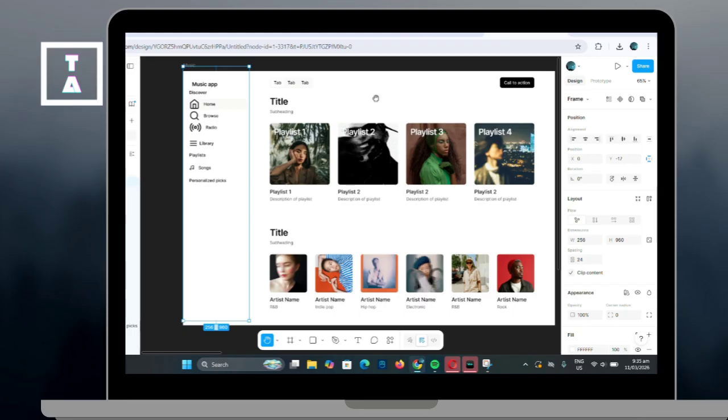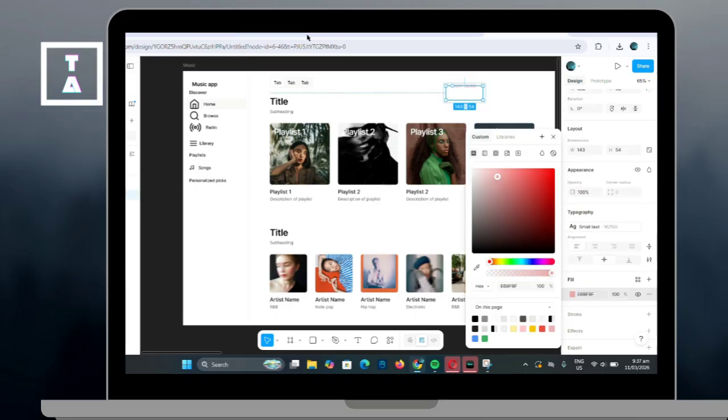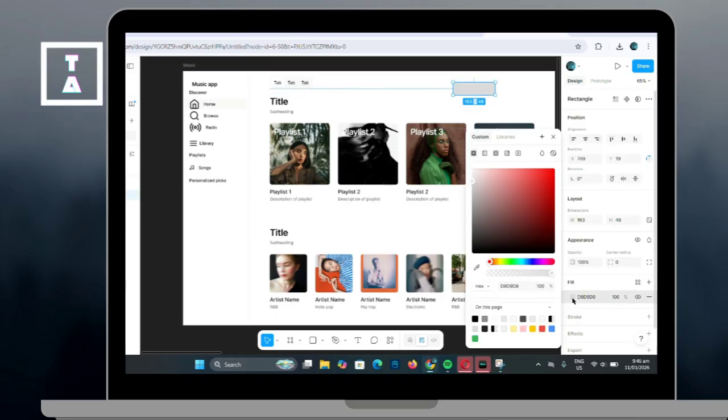Next, select the rectangle tool from the toolbar or press R on your keyboard. Then click and drag on the canvas to draw the button shape. And after that, go to the right panel and change the fill color to the color that you want for